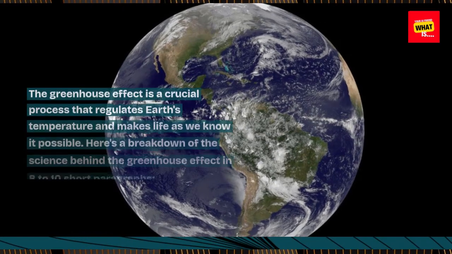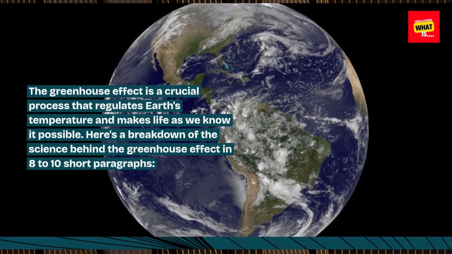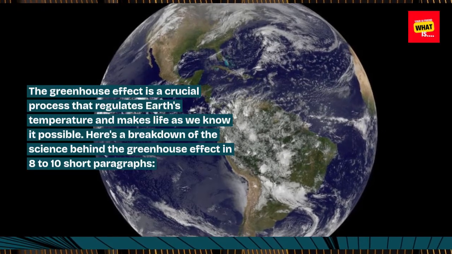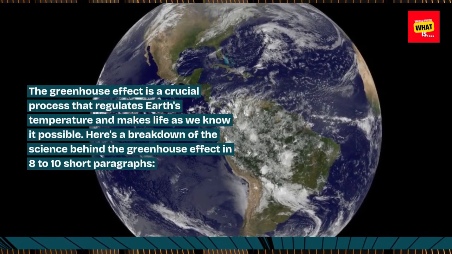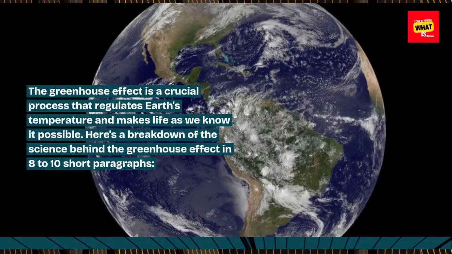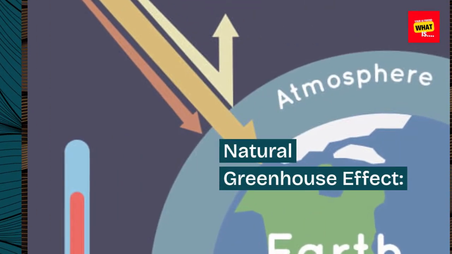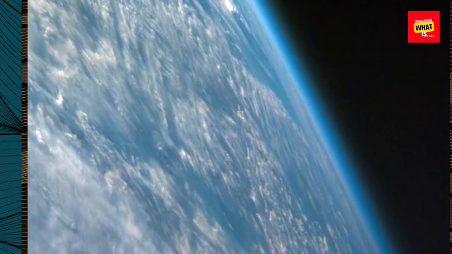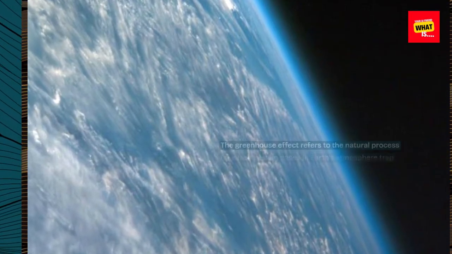The greenhouse effect is a crucial process that regulates Earth's temperature and makes life as we know it possible. Here's a breakdown of the science behind the greenhouse effect in 8 to 10 short paragraphs. Natural greenhouse effect. The greenhouse effect refers to the natural process by which certain gases in Earth's atmosphere trap heat